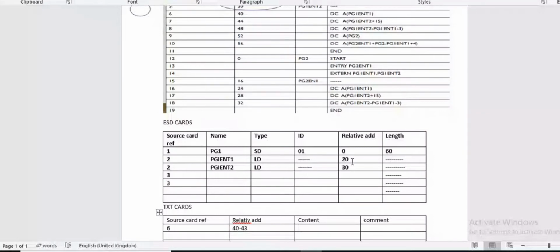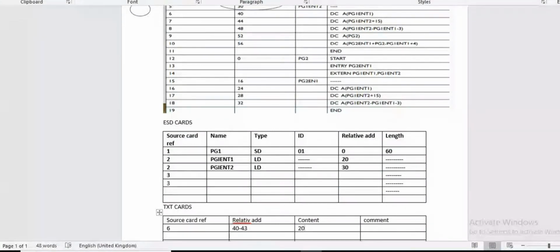So here we have to write down in content 20, which is the relative address for that particular source card. So we have to write down 20.